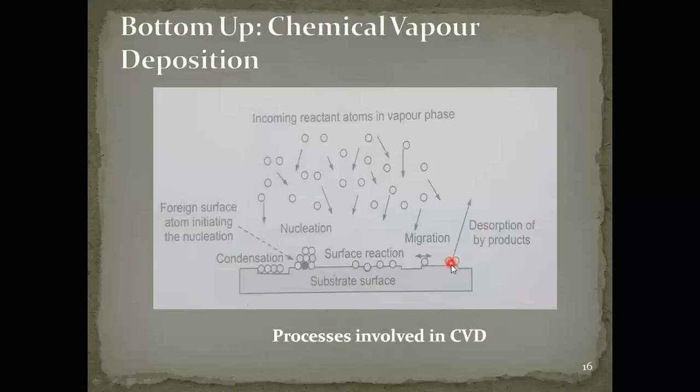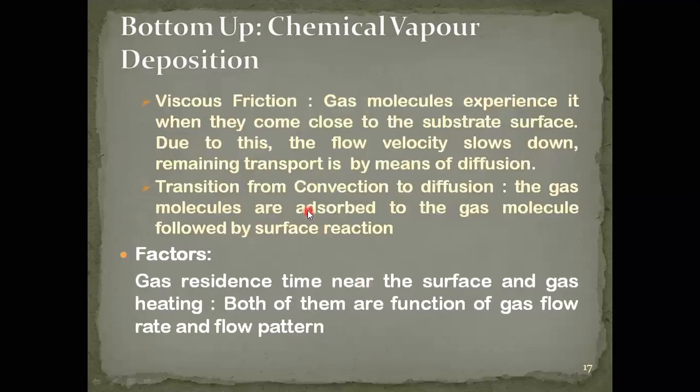These are not strongly adhered, so they can easily get out from the vapor phase. This is just a schematic representing that nucleation is the phase transformation process. The initial stage of phase transformation is what we call nucleation. When the grains accumulate like this, we call it agglomeration of grains. We'll see more about it in the SEM method. So these are the processes involved in CVD.